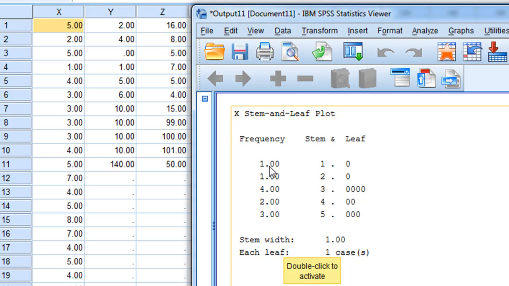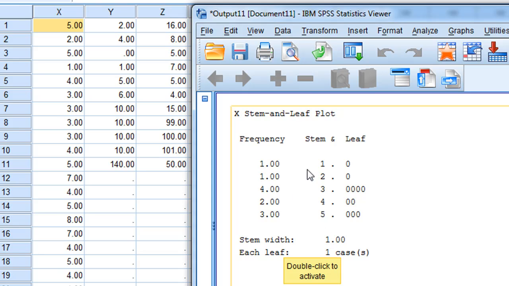This reads 1.00. This 1 is the unit. If I put a number before the 1 right here, that's the 10. If I put a number before the 10, that's the 100, and then the 1,000, etc. So when SPSS is saying that the stem width is equal to 1.00, it is saying that the stem width is equal to the unit